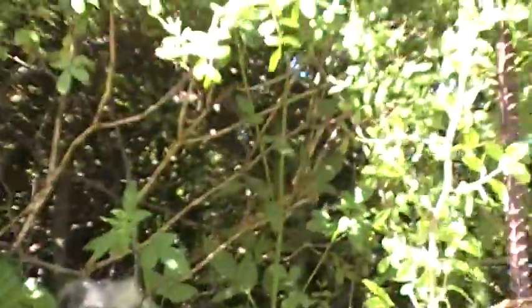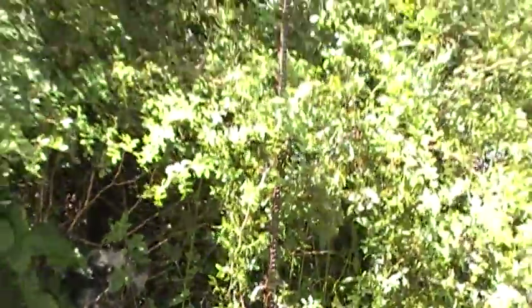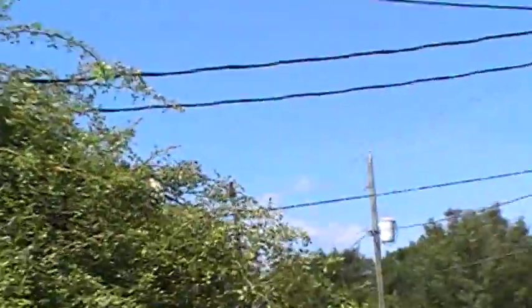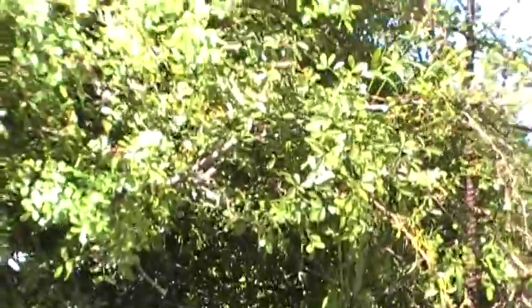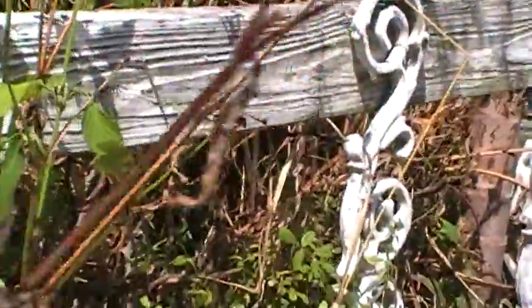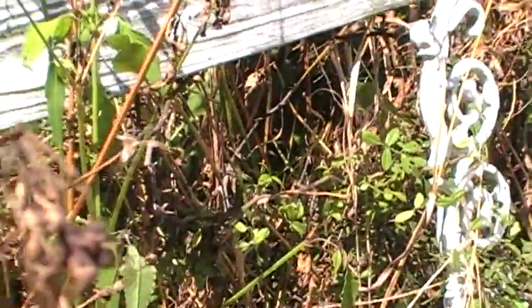Let me step back and give you some idea of the scale of this thing. You can see the telephone wires from across the street, and the bracteata reaches it. Let's go back in. Let's stick in a few more handfuls. I would just suggest that even if you're not a dumpster diver like me, if you get your pets groomed, or if you have friends that own a grooming business, ask them to keep their eyes peeled for you. And if you are a diver like me,